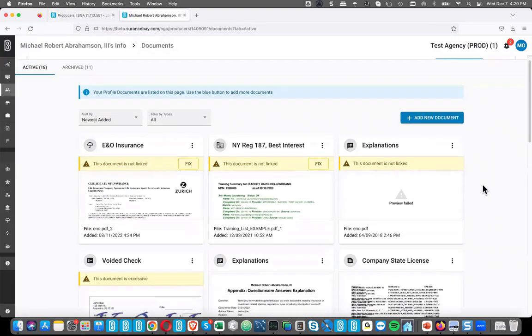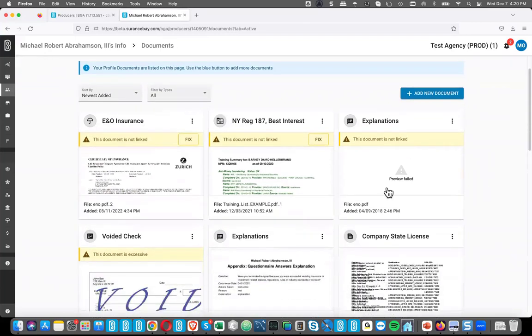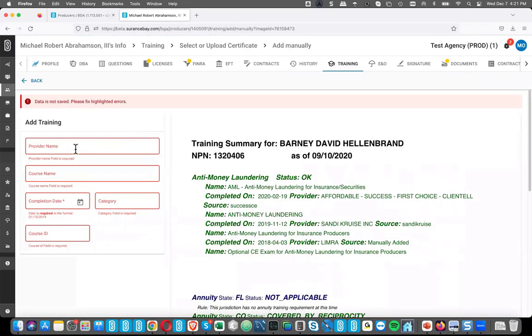So if I go into the documents screen, and you can see I've got this one here. This is a training document, and it's not linked. So if I click on Fix, I have to put in the training course information.